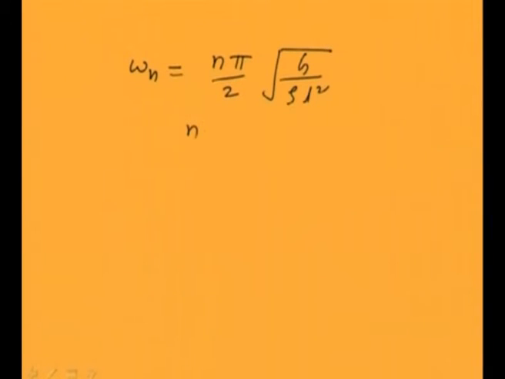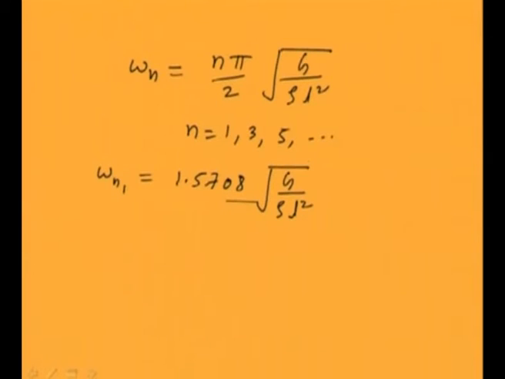So n can be 1, 3, 5, various modes they represent. So for omega 1, the exact solution is 1.5708, and this quantity, and omega n2 is 4.72